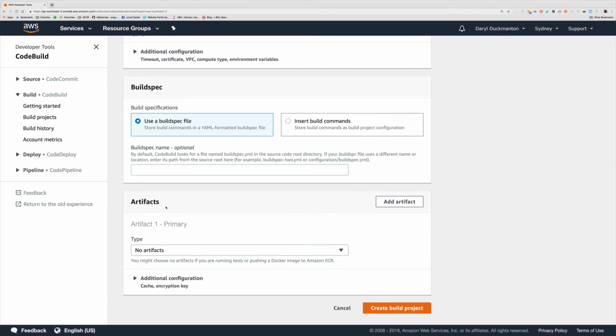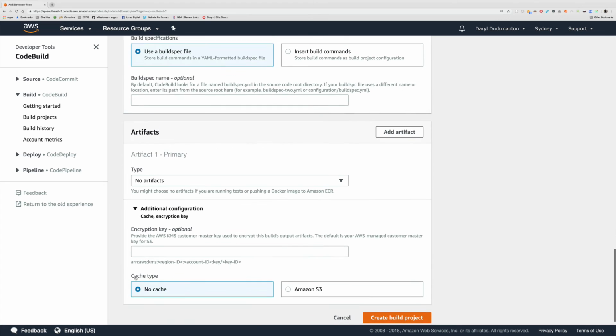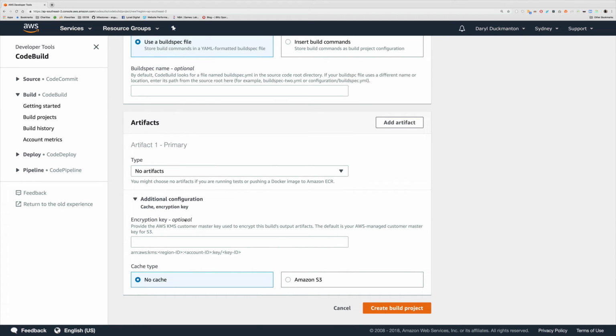Coming down, we've got artifacts. Now, basically an artifact is kind of like the output of your build. So you can specify where you want the artifact to go. And inside of this expansion bit, we can encrypt it if we want to. And we can also do some caching as well, which I will not look at in this video. Okay, so that's pretty much the basics. If I click Create Build Project,